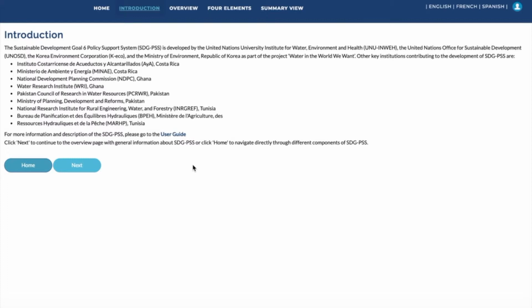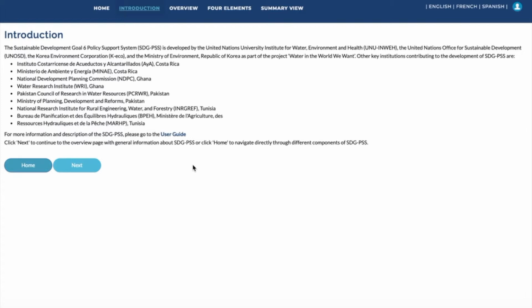The SDG PSS is an answer to the challenge of bringing data and information from multiple international and national tools and translating them into a fit-for-policy evidence framework. Having one agreed fit-for-policy evidence base will allow a more comprehensive and integrated policy and more effective and informed decision-making